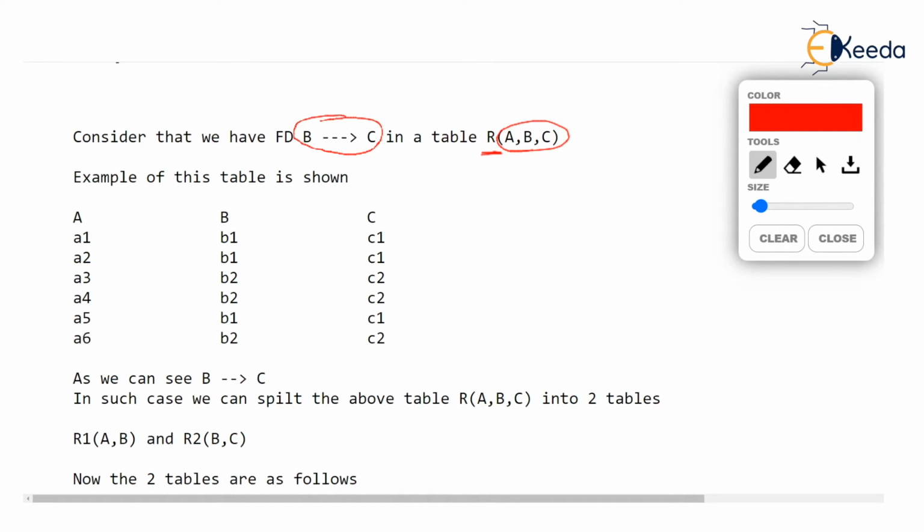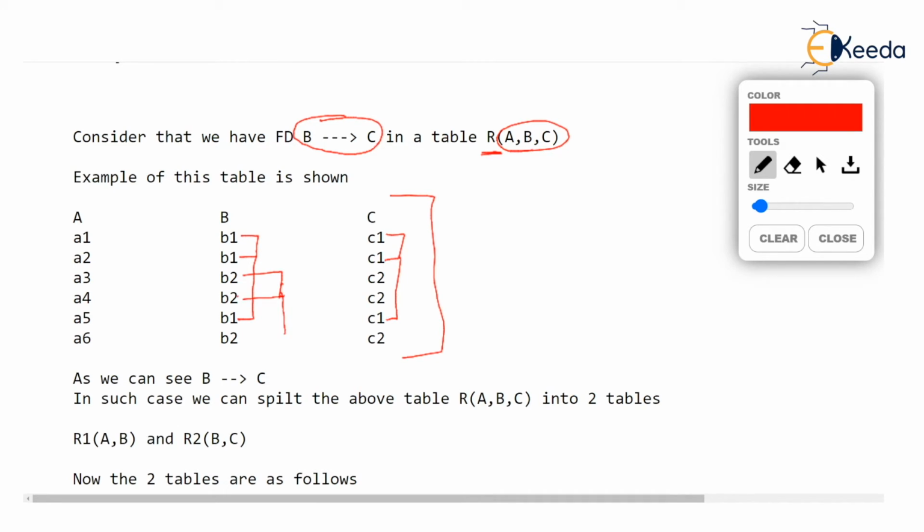Okay. So just watch this table. I have shown some rows. If B determines C, then wherever B matches, check these three rows. Value of B is equal. In those three rows, value of C must be equal. It is C1 everywhere. Similarly, in the rows where B matches again, watch this.